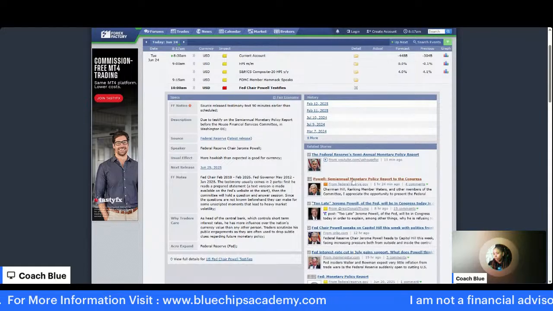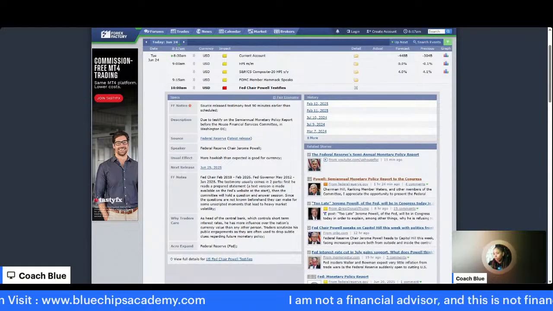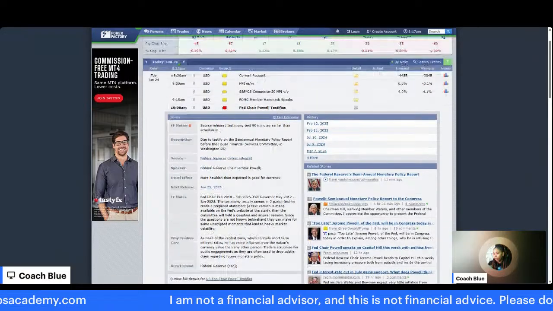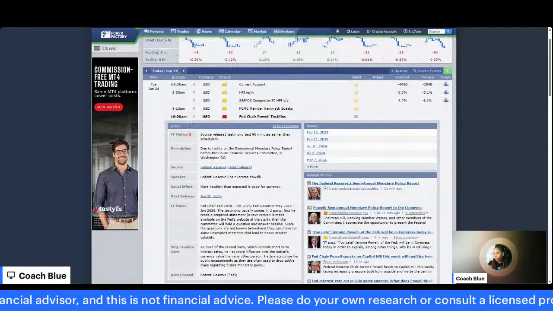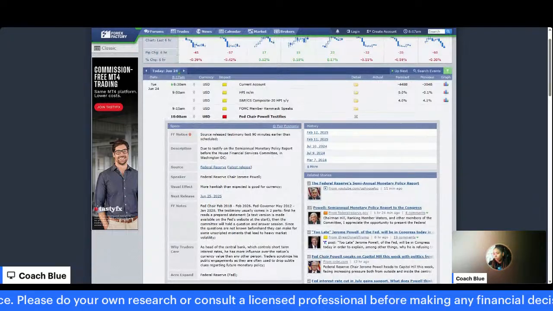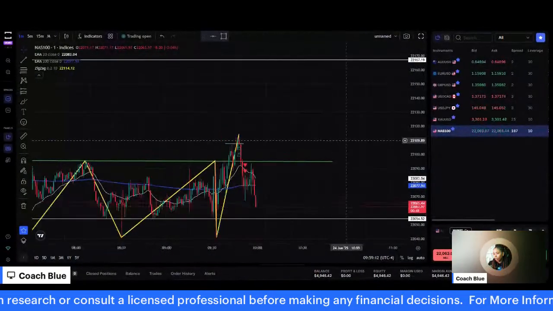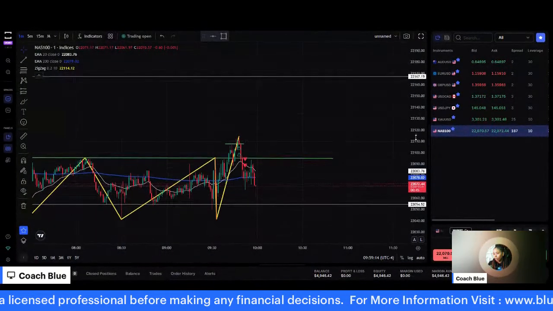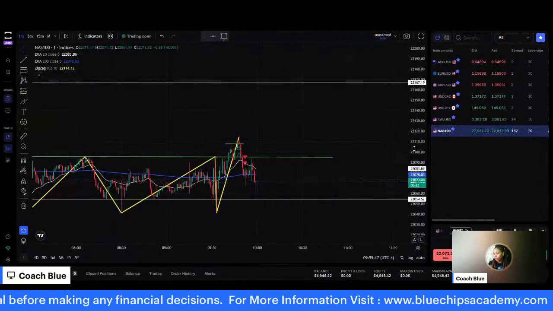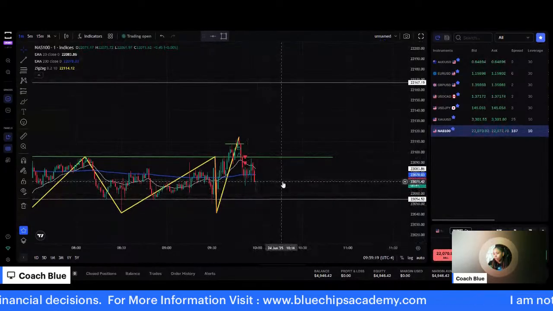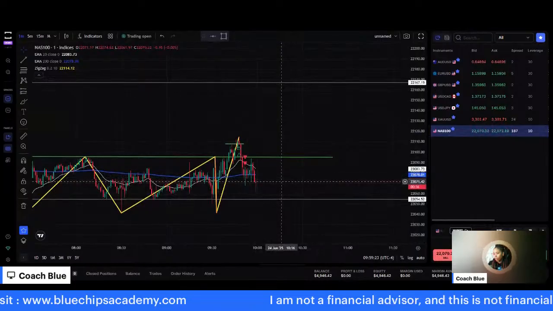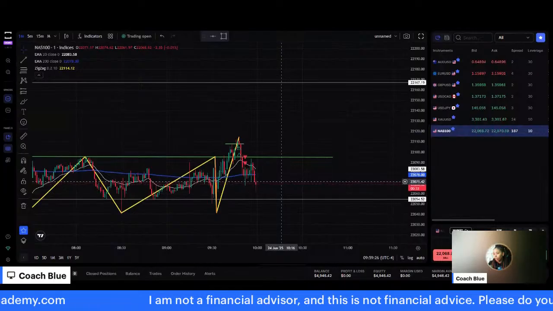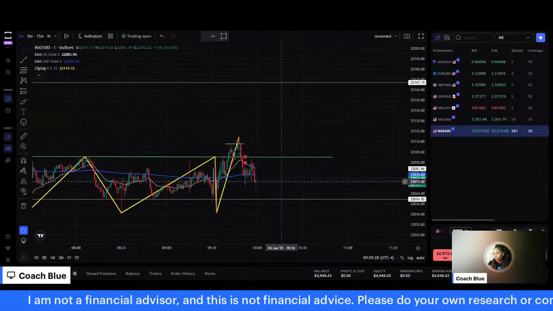But for right now, we're going to go ahead and navigate back to the chart. But I wanted to go over this so you guys could have it. Again, this is forexfactory.com, so you guys can see what's happening. All right, so let's go back here. And let's go back to the market. So we can see that we are getting some pushback from the bears right now. Very interesting.